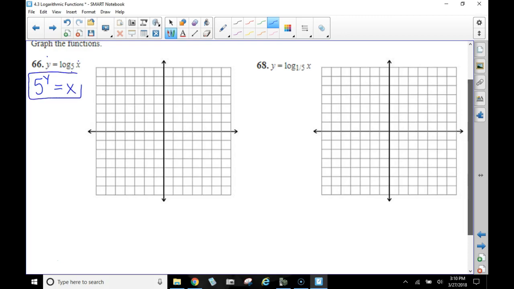That is its equivalent exponent form. And so, just like I graphed exponential functions in the last section, I'm going to graph this exponential relationship, x, y ordered pairs. But instead of picking out values of x,